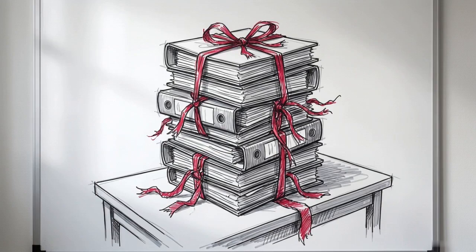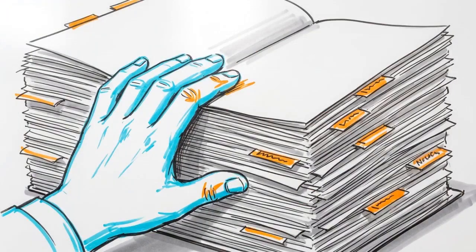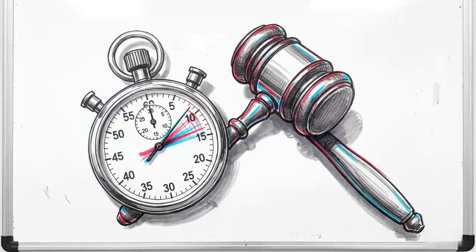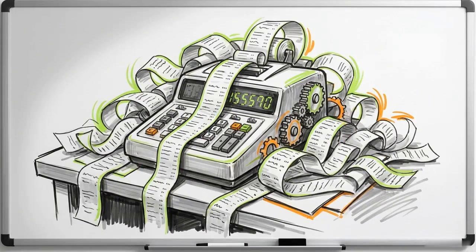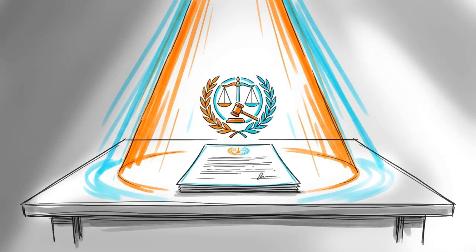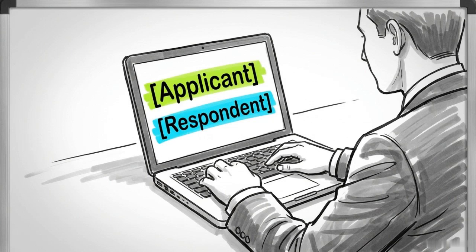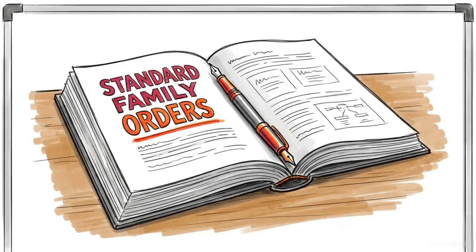Governed by Part 27 of the rules, this requires heavily paginated trial bundles, strict time estimates, cross-examination, and rapidly escalating legal costs. The court's preferred outcome, engineered by every preceding step, is the consent order. Drafting a consent order requires precision. Practitioners are expected to utilize the standard family orders, rigorously maintained and updated under the guidance of Mr.